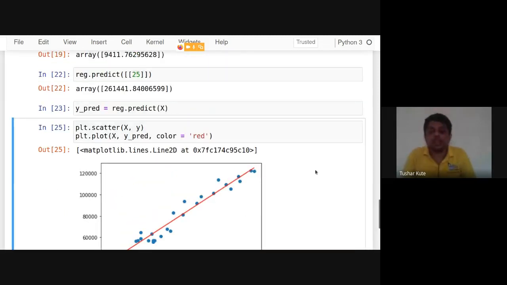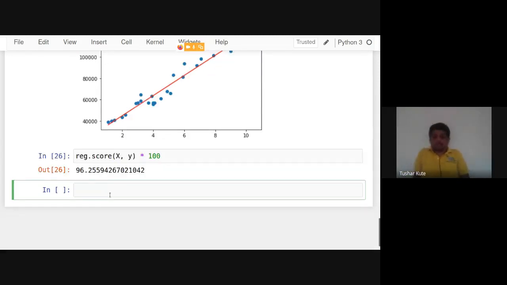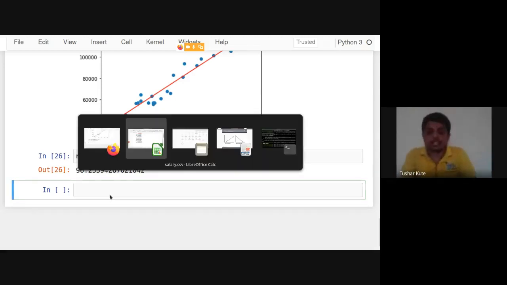Many different variants are possible in linear regression, which we can also use to perform predictions on the given data. You can even check the accuracy score of it. This is our score: it is 96.25% accurate on the data set that we have; the score function finds that. A few more regression evaluation methods are there, called mean squared error, mean absolute error, and R2 score. They are used to evaluate regression algorithms. Fine, this is what regression is.